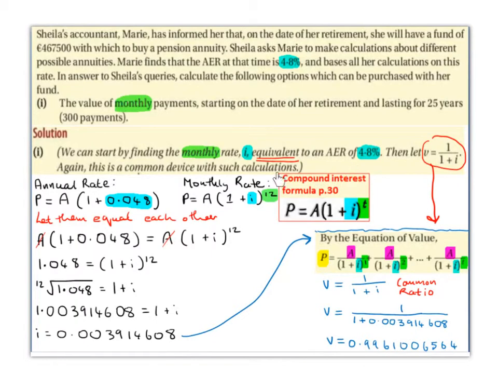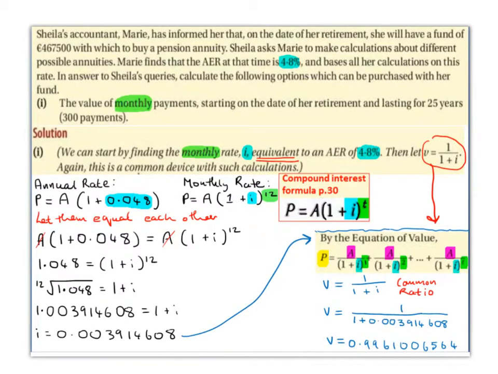Okay, so we're going to start off with the compound interest formula from page 30 of the formula book, which is P equals A times (1 plus i) to the power t. So we're going to start with the annual rate, which is P equals A times (1 plus 0.048), which represents the 4.8%. Next, we're going to look at the monthly rate, which is going to be P equals A times (1 plus i) to the power 12. So it's to the power 12 because it's 12 months in a year,